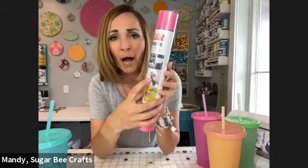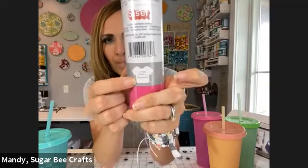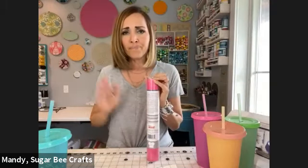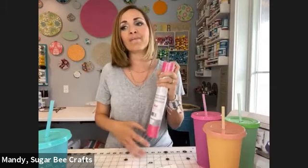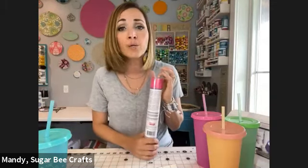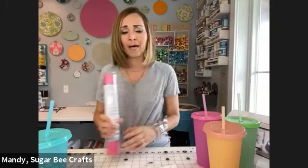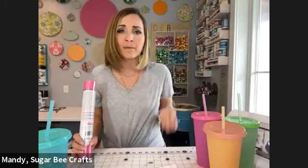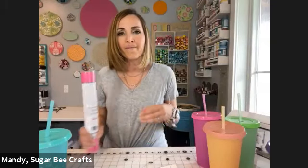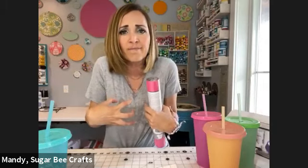You can see that there is an iron in the picture, and when you flip it over, there is an iron on the back. So basically, you use heat to transfer the vinyl onto something. The most commonly used thing with heat transfer vinyl is a t-shirt, because you can imagine if you put a sticker on a t-shirt, it's going to peel off. It's a sticker. But if you use heat and it almost melts into the fibers of the fabric,